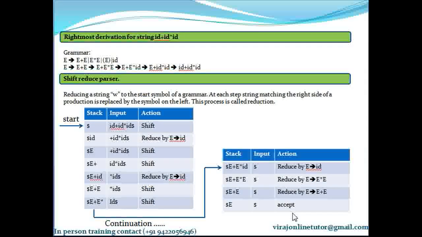So whenever I replace E into E with E, I just write here that I have reduced by using so and so production. When I replace E plus E with E, I just write here that I have reduced using the E plus E production. Okay. So whenever I shift something on the stack, I write shift. Whenever I reduce using so and so production, I write which production I have reduced it with.